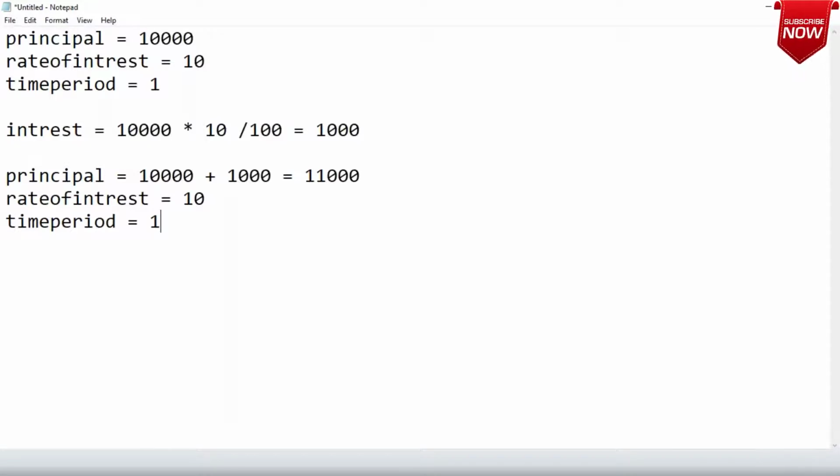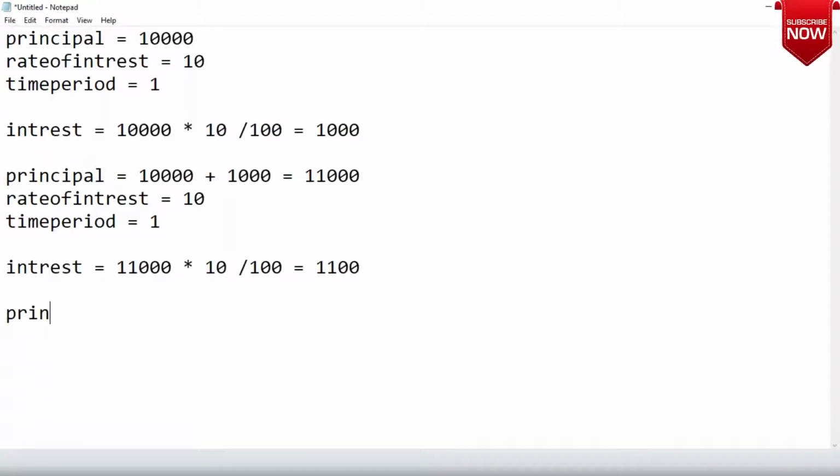If I calculate the interest, it will be 11,000 into 10 divided by 100. What would I be getting? 1100, right?